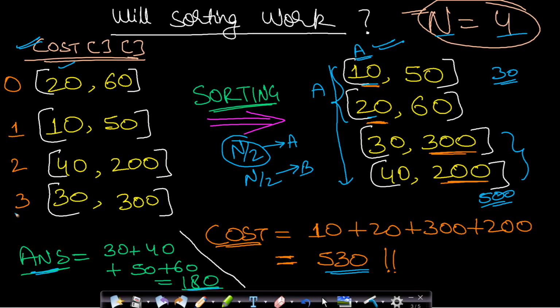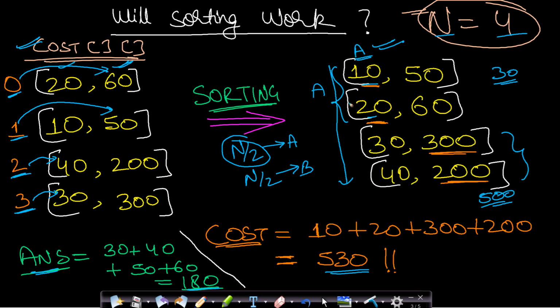In this case, if you send candidate 3 to city A, candidate 2 to city A, and candidate 1 to city B and candidate 0 to city B, then you will get the minimum cost. You might think that if you sort by the second value, then you might get an optimal answer. But this example might work for that logic, but not all the examples. So sorting by the first value or the second value will actually not work in this case.